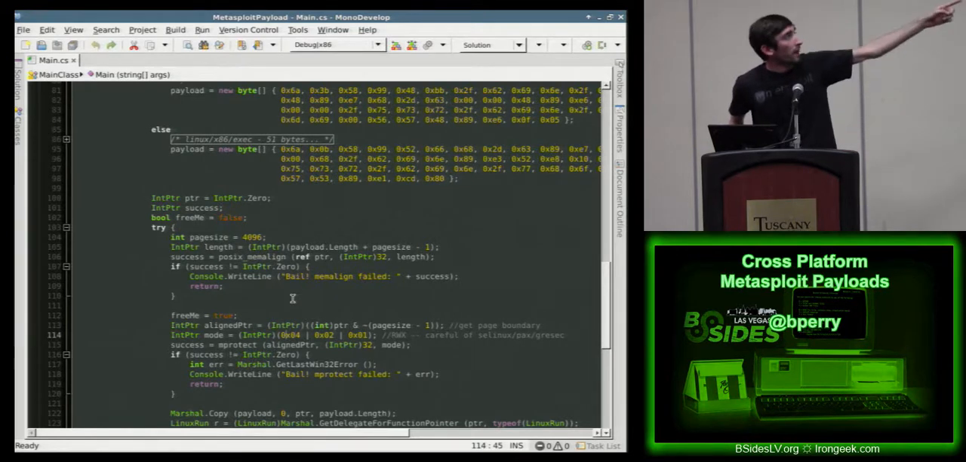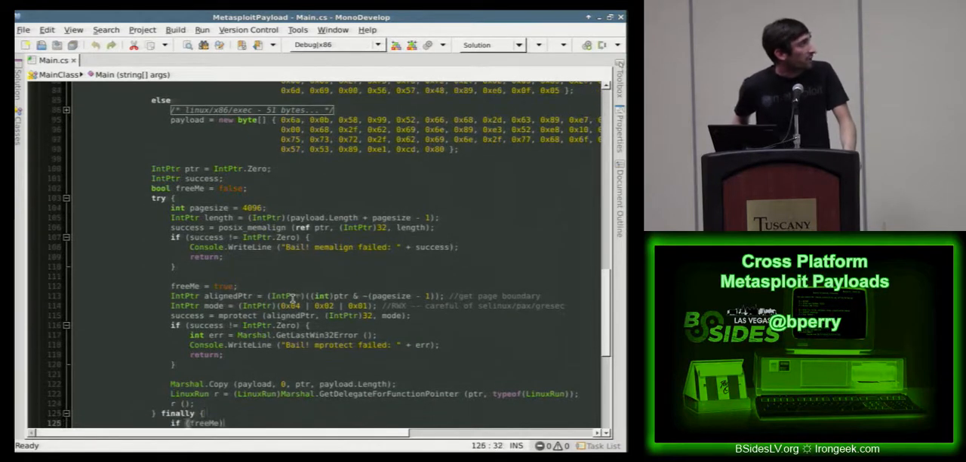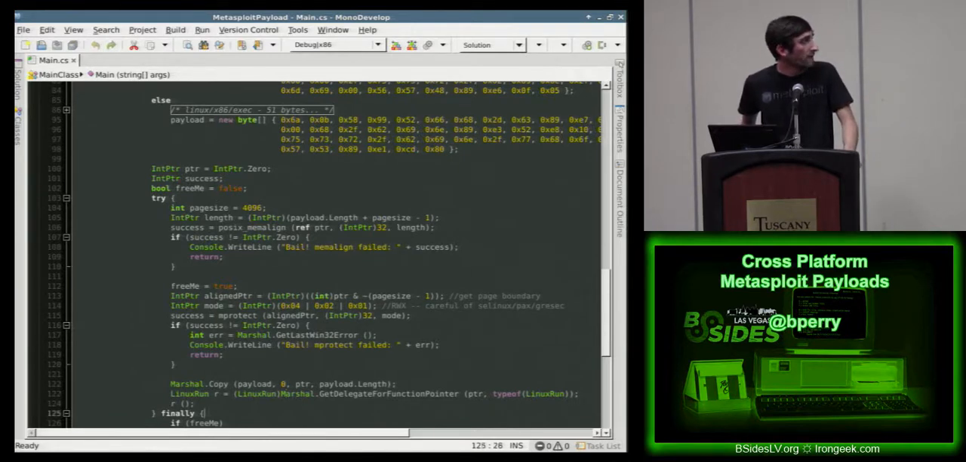So basically, I use posix_memalign to allocate my memory. I use mprotect to change it to readable, writable and executable. I finally copy my payload in there. I use the same Marshal.GetDelegateForFunctionPointer method that I use on the Windows one, and I call it. And if I run it, you'll see,